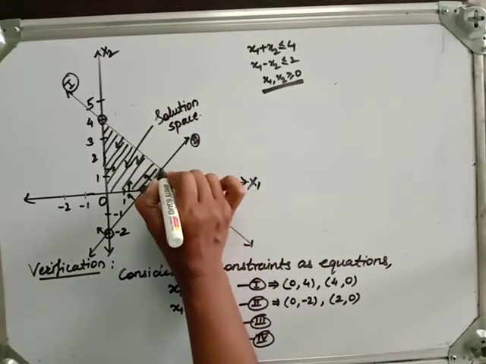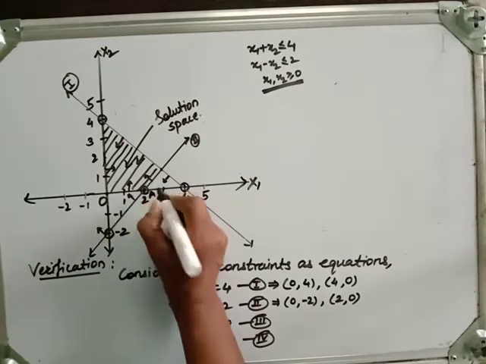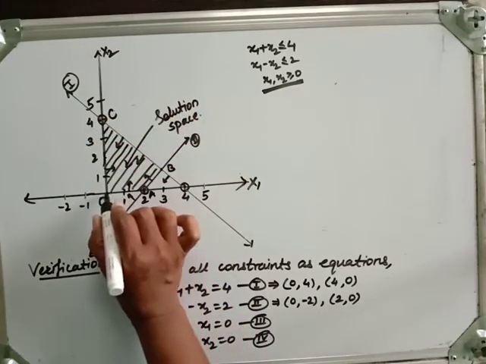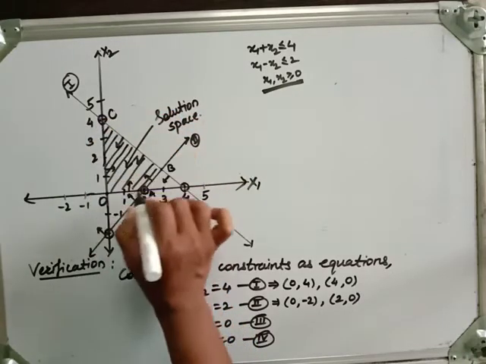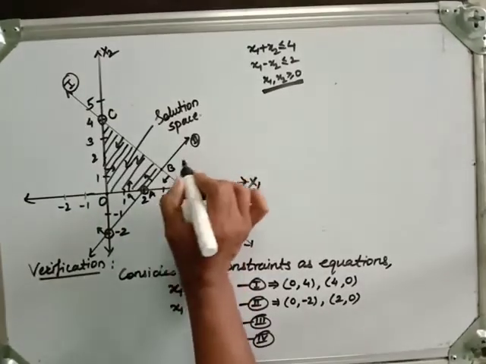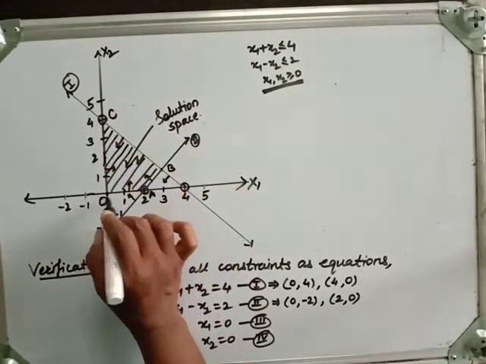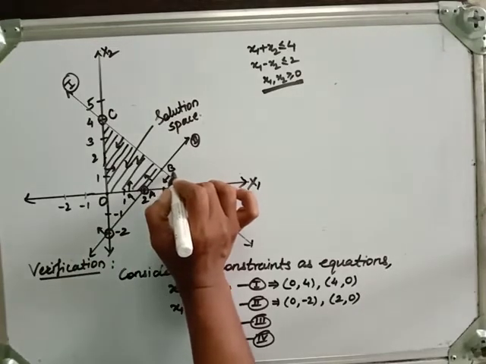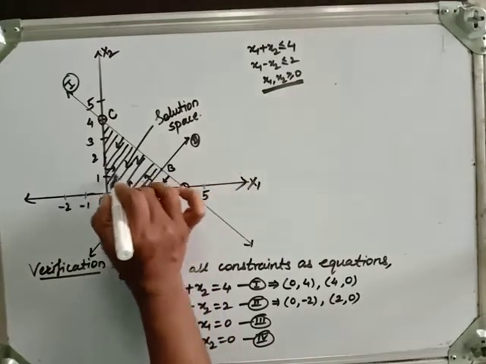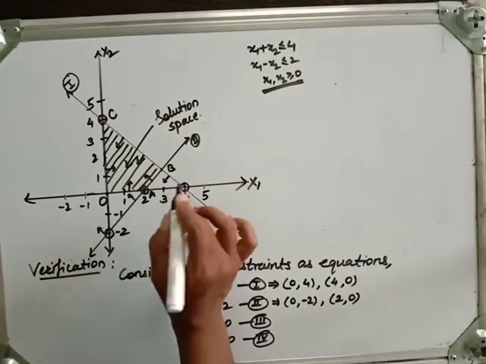Now what are the corner points here? Look here, origin. Now let me give names to these points: this as A, this as B, this as C. So this quadrilateral OABC is our feasible region or solution space. Now we have the coordinates of A, C as well as O, but we don't have the coordinates of B. Here you can observe the coordinates of B are 3, 1, or if we plot this on a graph paper, you can easily get the coordinates of B.